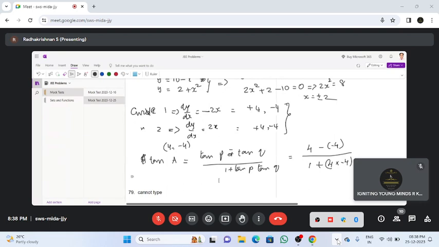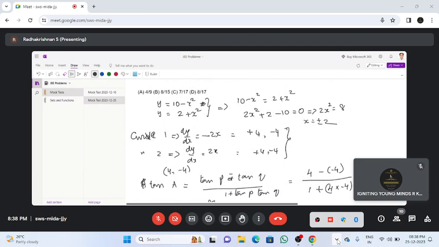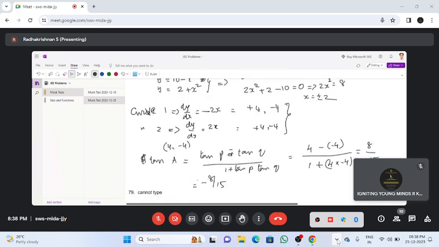So this is what is asked for, the angle between the two curves. So simply we have to simplify this. 8 divided by 1 minus 16, that is minus 8 by 15. Four plus 4 divided by